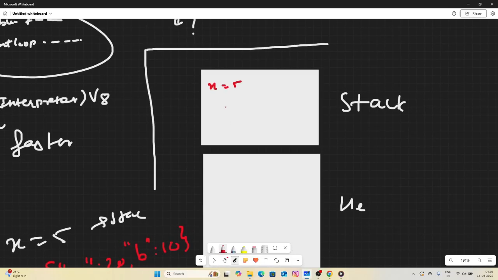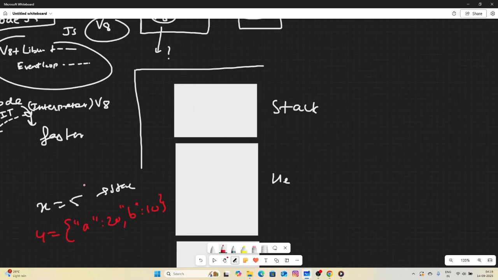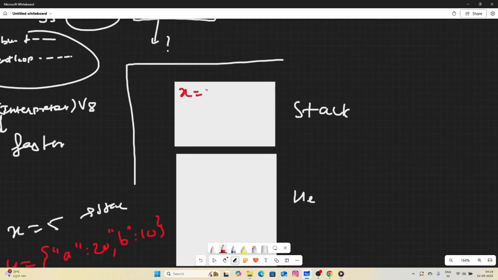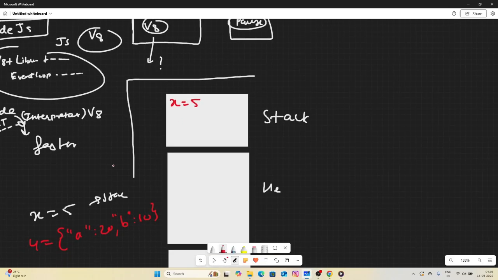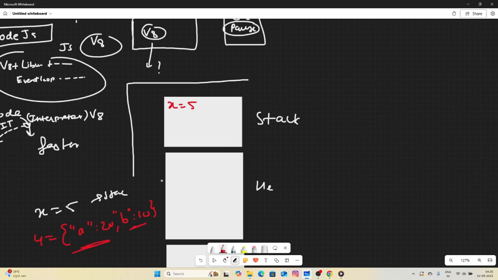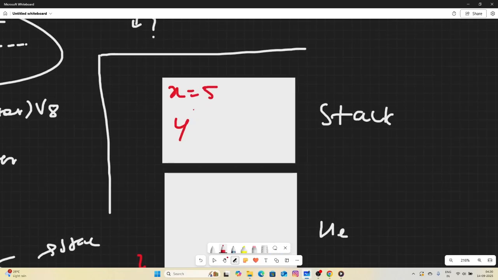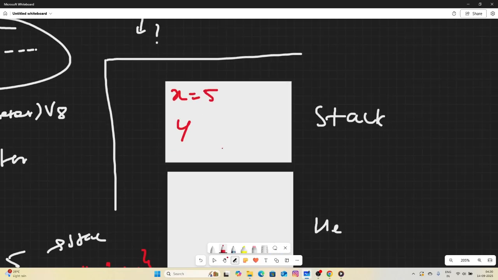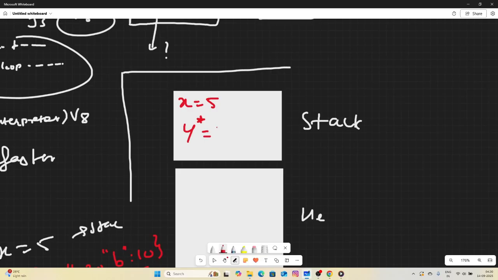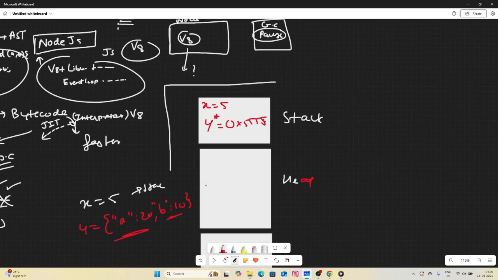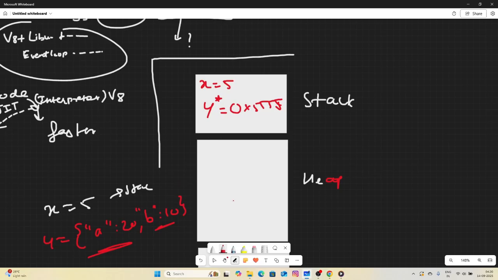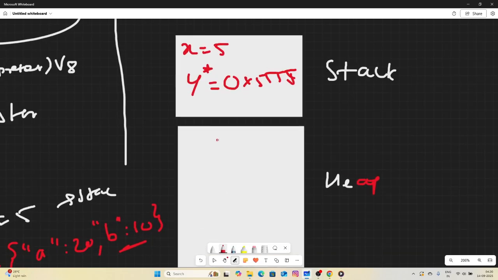Okay, so yeah, let's try to run this. So x equal to 5 will be stored in the stack, as I said, easy as that. Then y equal to a: 20, b: 10. So in the stack only a pointer referencing the heap object is stored, and then the actual object is stored in the heap. So the y object will have